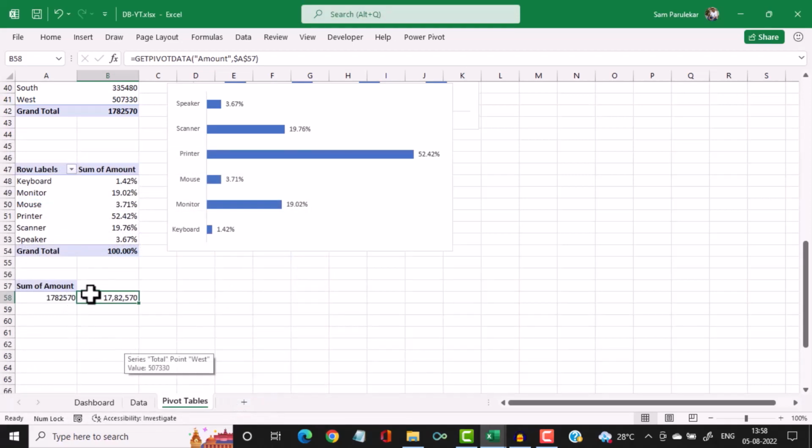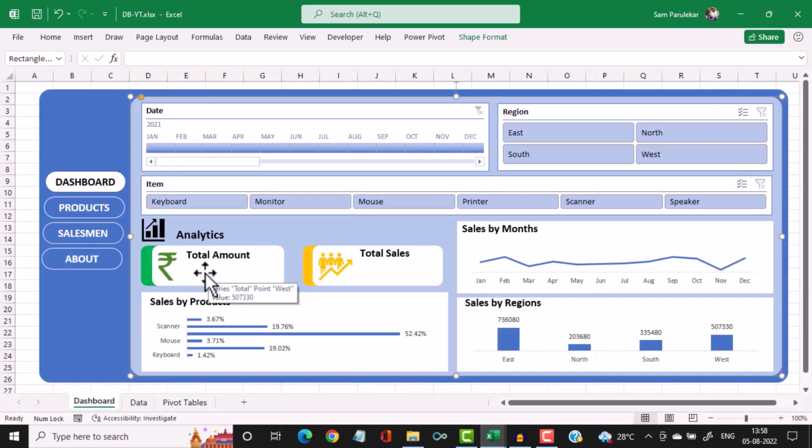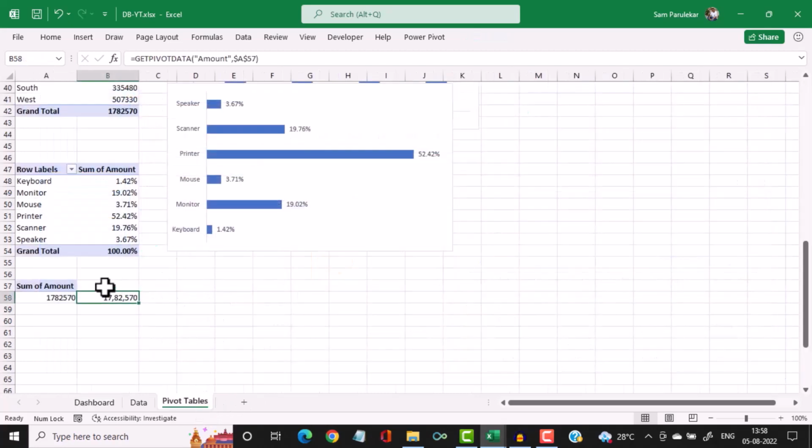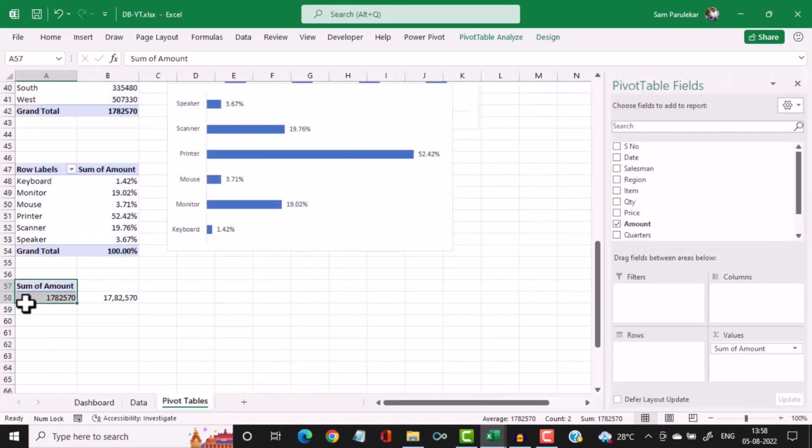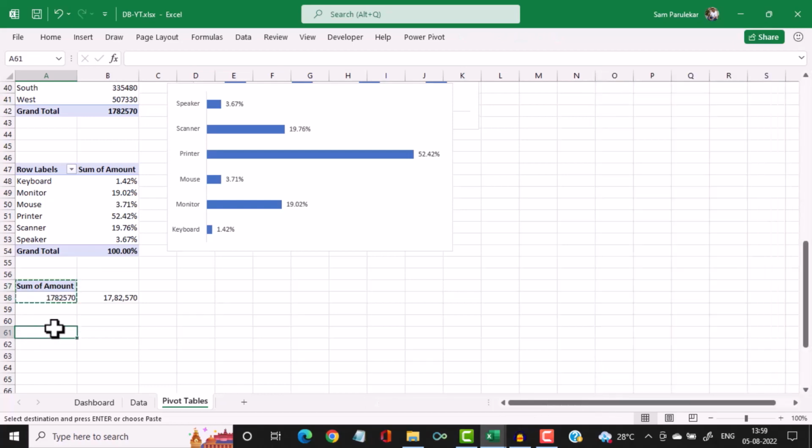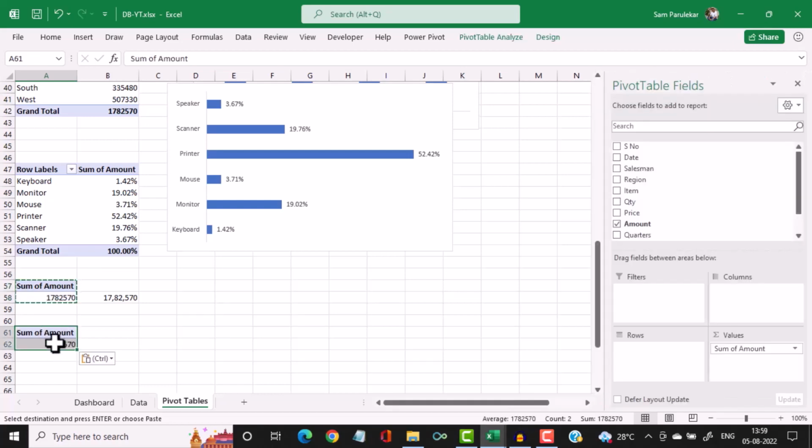So we get the amount over here, which we will be putting in the dashboard. In the same way I want the sales, so I'll just select this pivot table, Ctrl C copy, come to a new location, Ctrl V paste. Now in order to get the total of the sales over here, what we do, we just change this formula